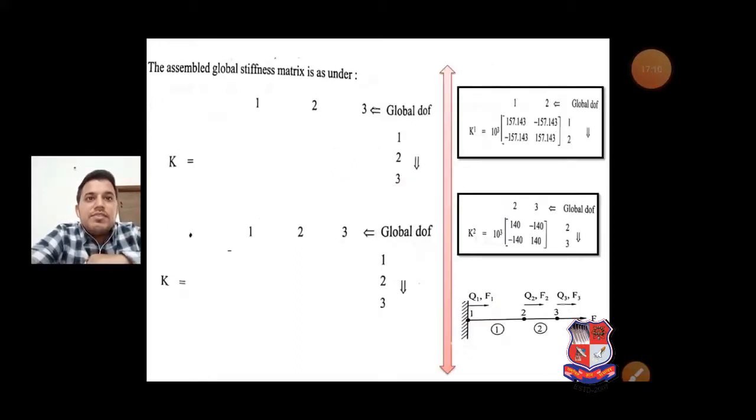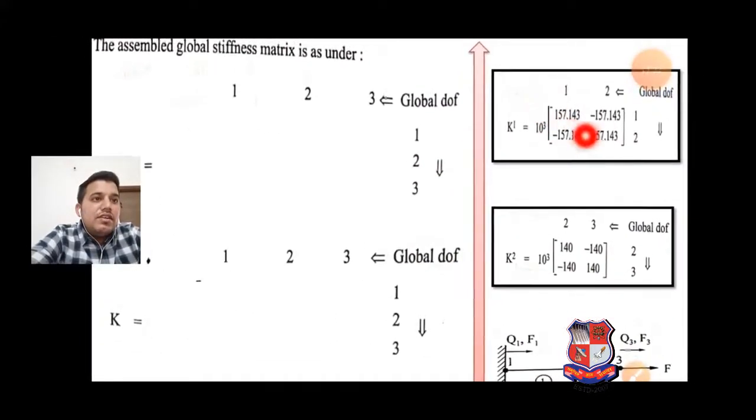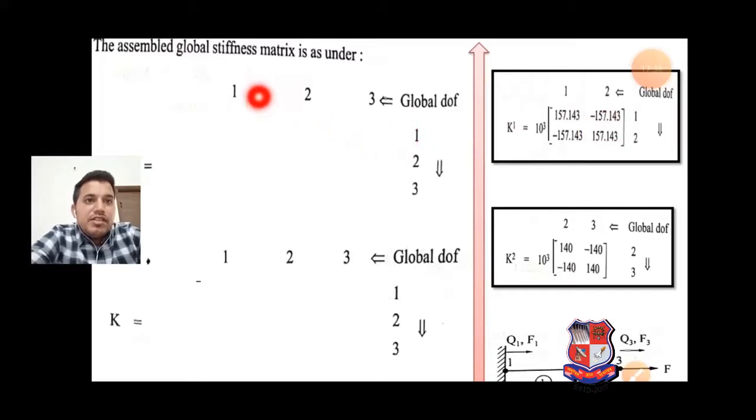The next step is to assemble the global stiffness matrix. Here we have 3 nodes, 1, 2 and 3, similarly 1, 2 and 3. The answers for the two element matrices are already available, and we are putting both values. Yesterday I did not explain how to put them properly due to a presentation problem. Let's see, 1 1. We put the value of 1 1 here, then 1 2 here, 1 3 here.